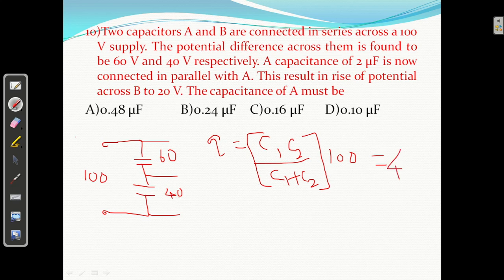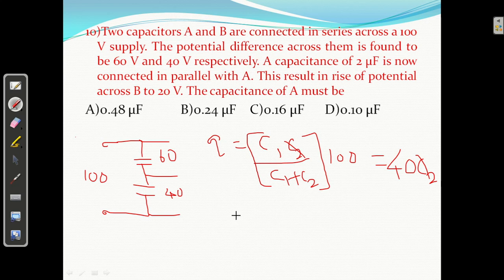40 into C2. You know C2 equal to, clear, this equal to this. So this will be cancelled. Okay, and if you solve it, one more case: a capacitor of 2 microfarad is now connected in parallel with